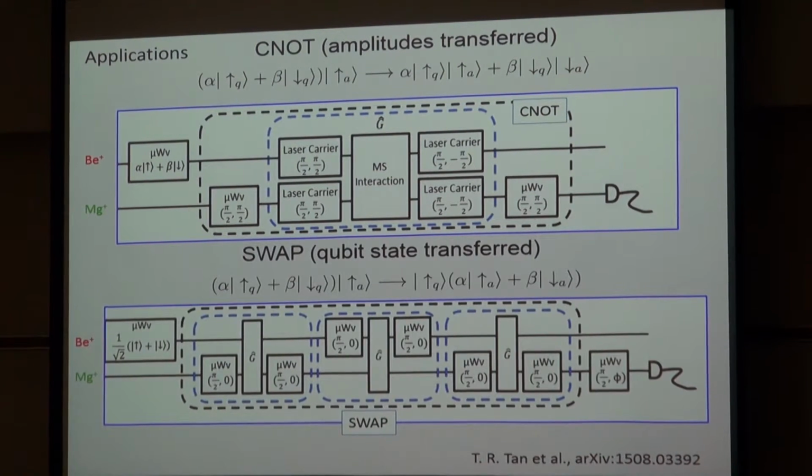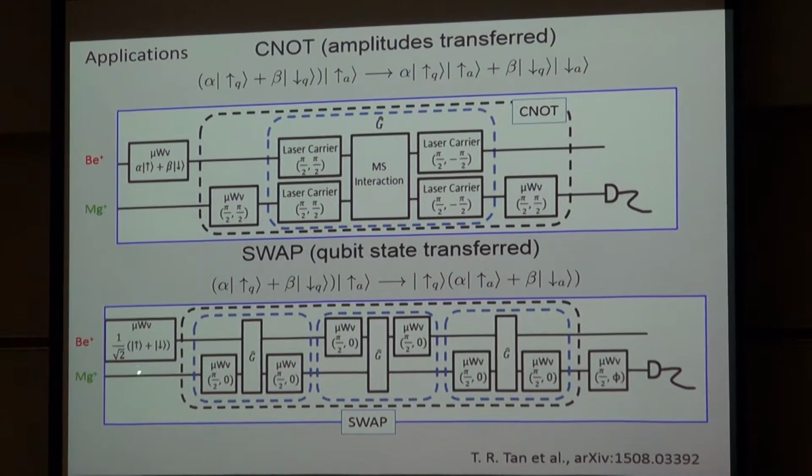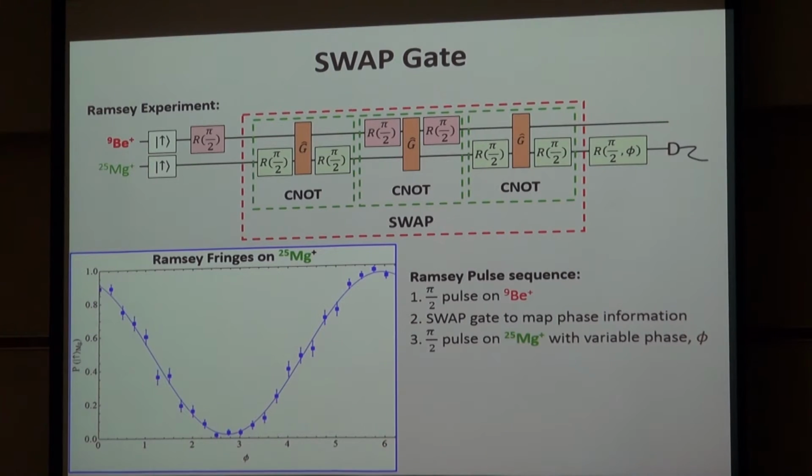We've also concatenated 3 of these gates to make a swap gate. The idea of a swap gate is that if you have two input states here and here, it just swaps the states. As a simple demonstration of that, we did kind of a Ramsey experiment where we started the magnesium out in an eigenstate, and in the beryllium we made an equal superposition of the